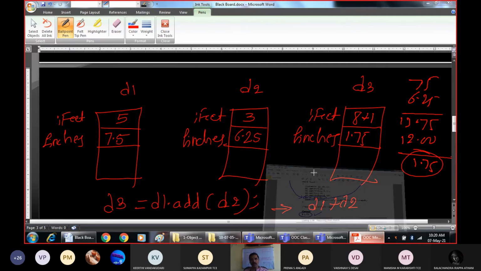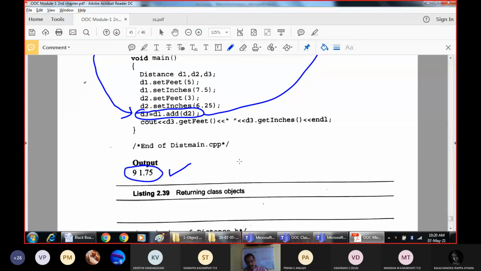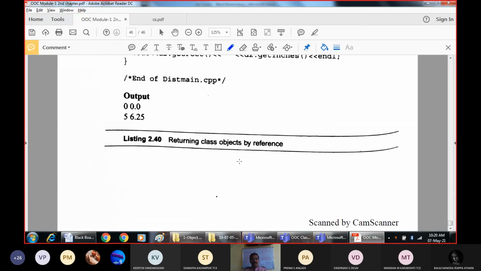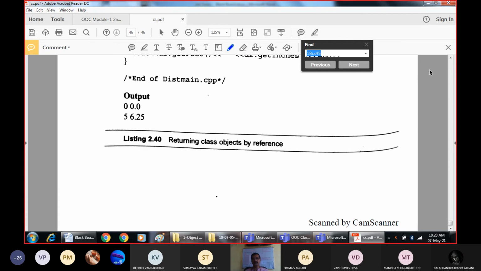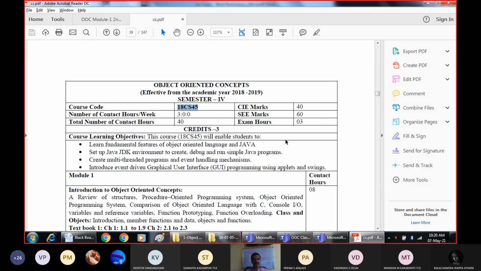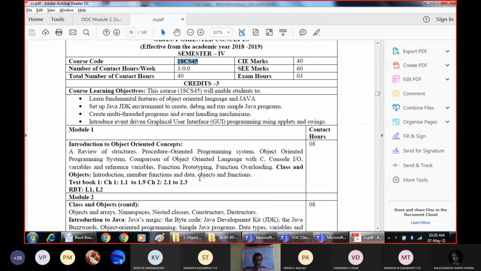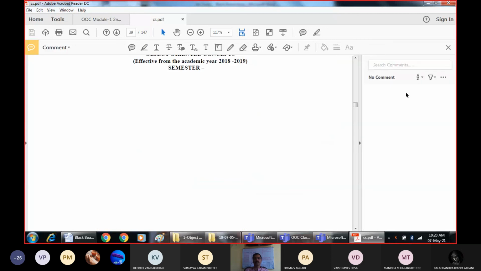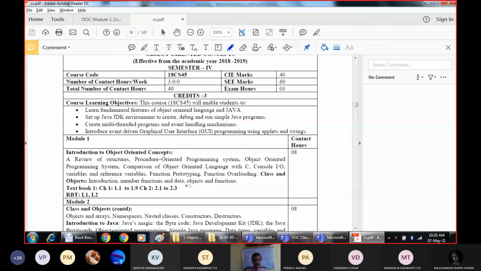So that is how we can pass objects to the functions. Objects and functions, this was what I wanted to cover in this class. So this is what I have covered now. Right? Objects and functions is over.